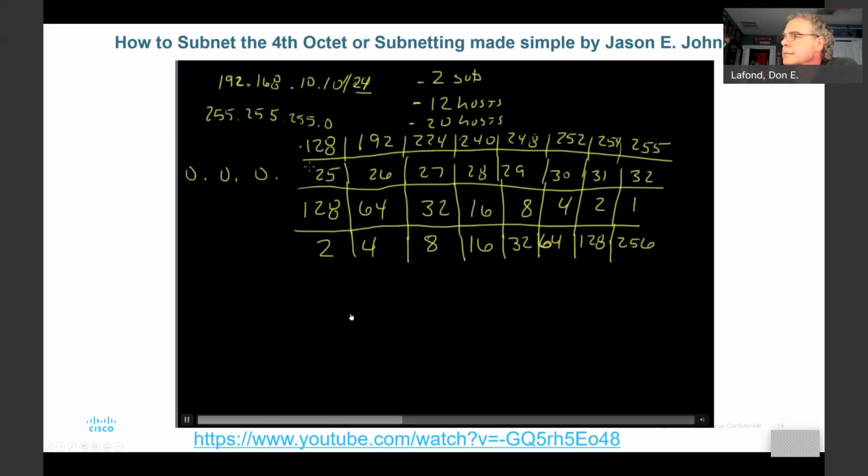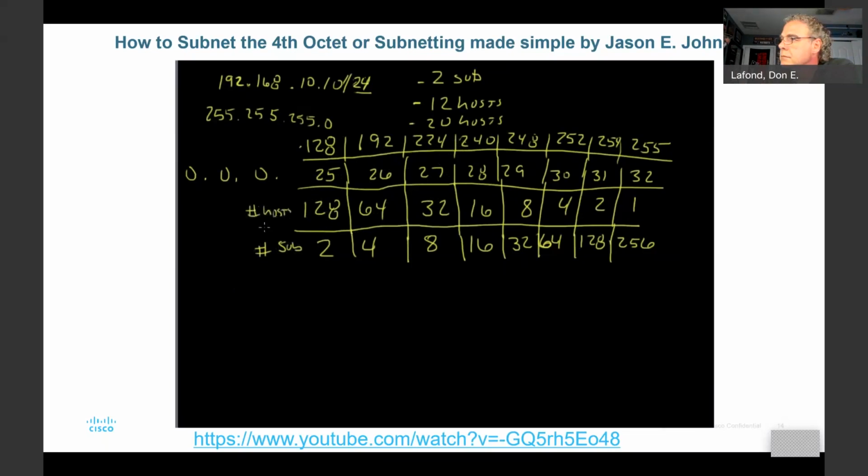And then these next lines down here that we already wrote out are going to be how many subnets we get. This is going to be our number of subnets, and this is going to be our number of hosts minus 2. So if we say we need 2 subnets,